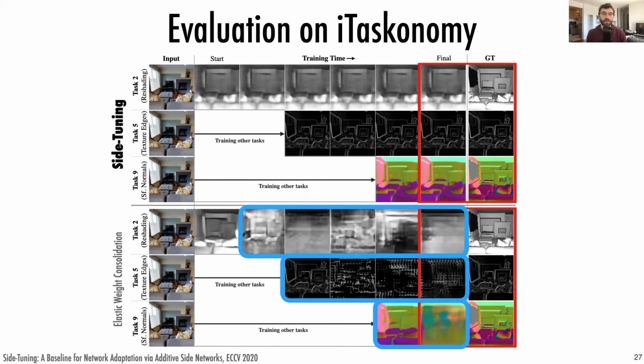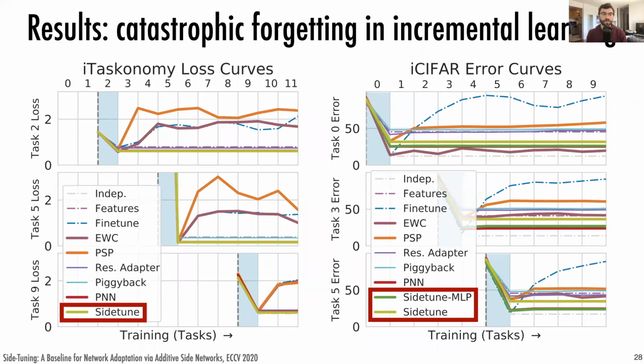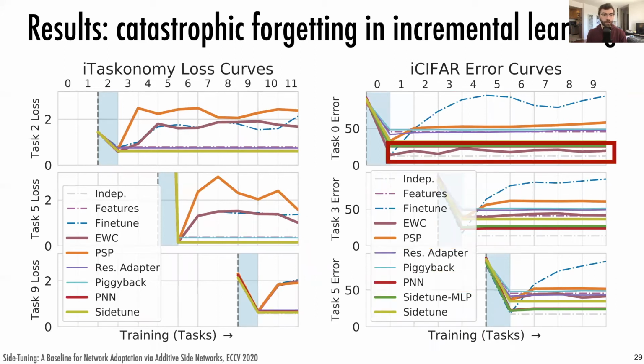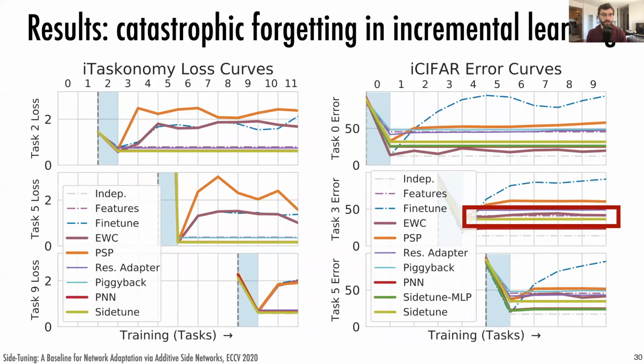Side tuning beats state-of-the-art approaches, and it does better on harder data sets. We quantified this by showing loss and error curves for both data sets. The quantification also reveals rigidity. For example, the method shown in maroon here works well initially, but as training continues, becomes progressively worse relative to the other